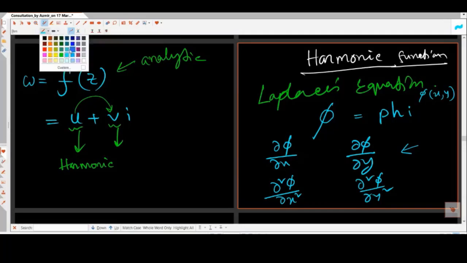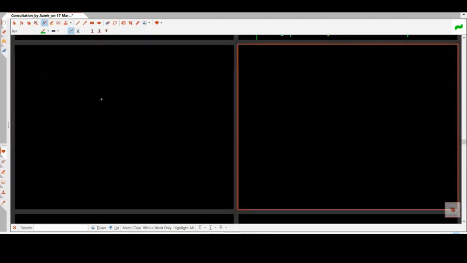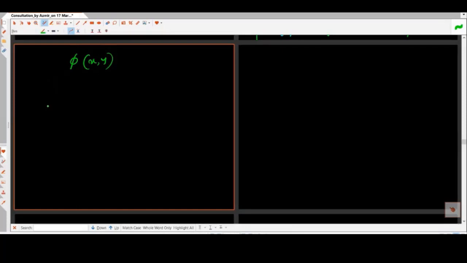So whenever we have these second order partial derivatives for this function phi, we can add these two quantities. It may become 0. Whenever the sum of the second order partial derivatives for this function is equal to 0, we know that is Laplace's equation. So we can say again that any function phi of x comma y will be called harmonic if it satisfies